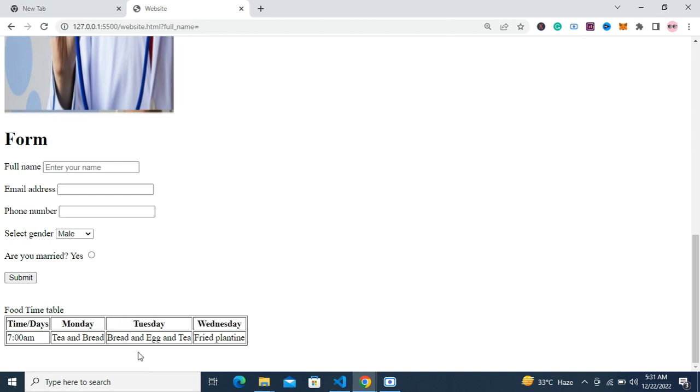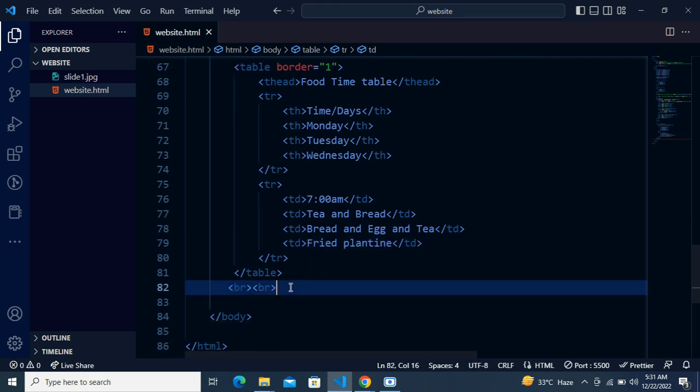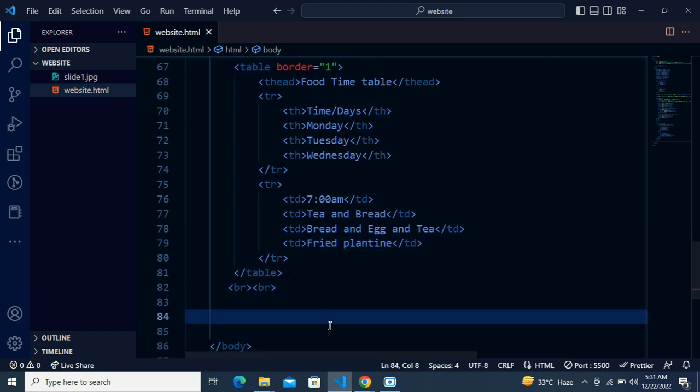So this is how to deal with tables using HTML. This is how we can deal with tables using HTML. Okay, this is for table and form and so on. These are the important things in HTML. Okay, next thing I want to talk about is